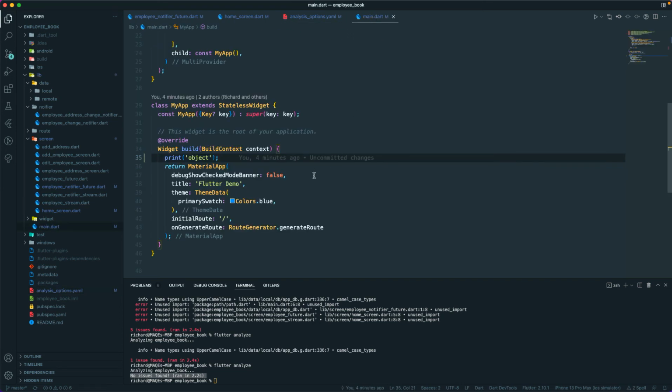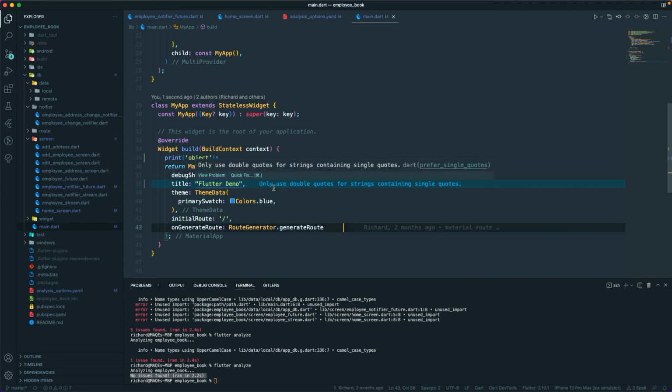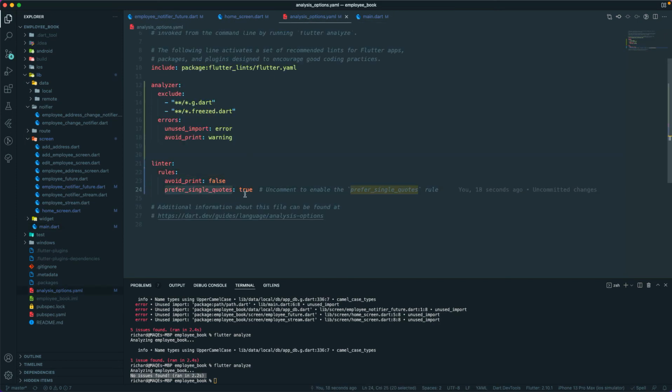If I go over here, currently we are using a single quote, but if I change it to double quote, now you can see it says only use double quotes for a string containing single quotes. So this rule has been applied, and we have set it to true. Now it is checking, and if I set it to false over here,